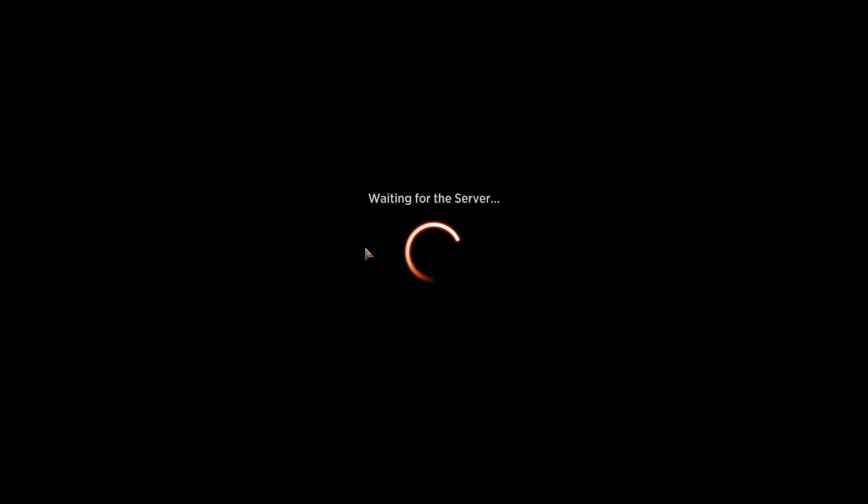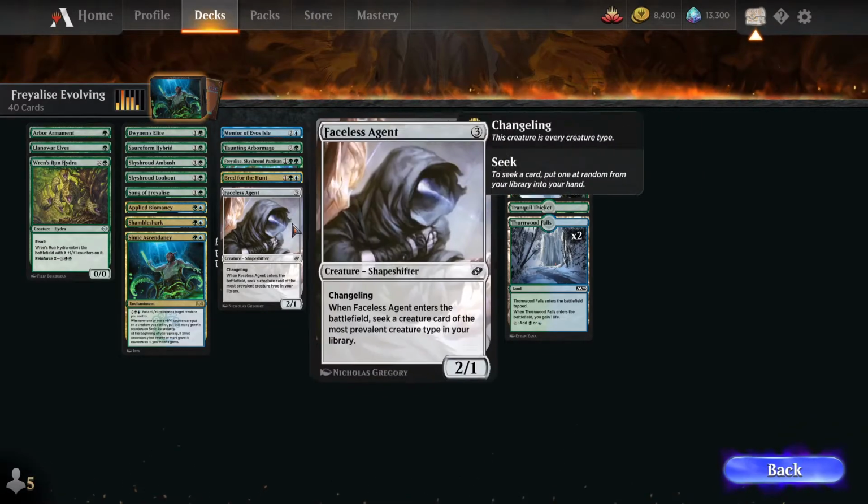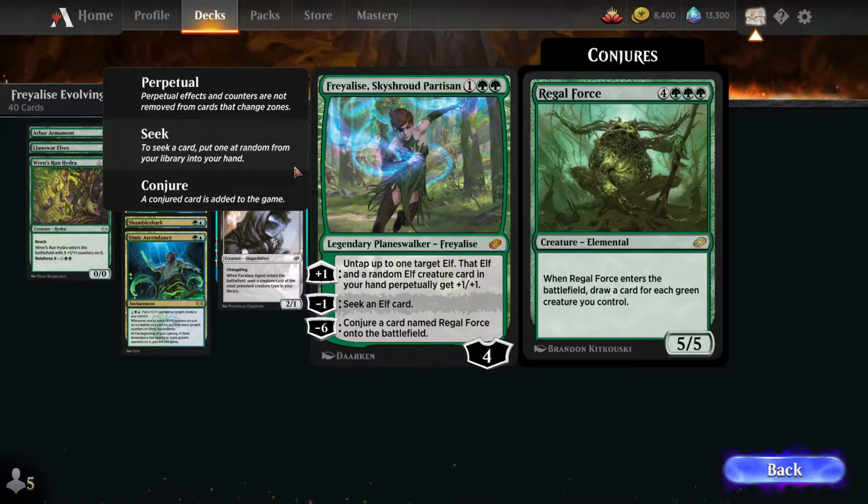You can look at your deck first, of course. So first thing we want to look for are our rares. We should have 2 of them, and it looks like one of them is obviously Frailise. So this has some new mechanics. It has the Perpetual mechanic and the Seek mechanic, which you can pause and read here. I'm not sure why Regal...